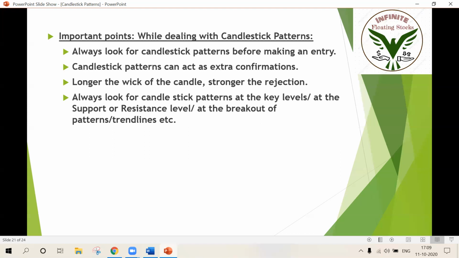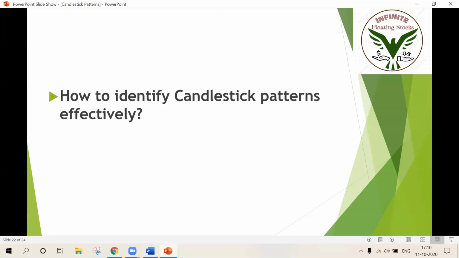The candlestick pattern can be a doji, dragonfly doji, gravestone doji, or long-legged doji, or it can be a harami, a morning star, an evening star, a pin bar, or an engulfing candle. These are all very important candlestick patterns. If you have any doubts, you can reach out to me at any time. We'll be helping you out. No worries, I'm expecting that you're all very clear till now.